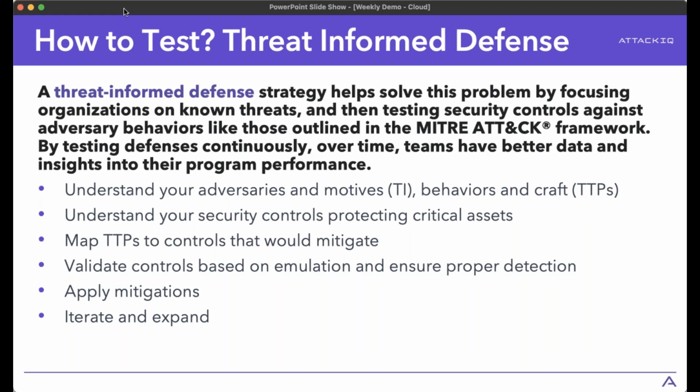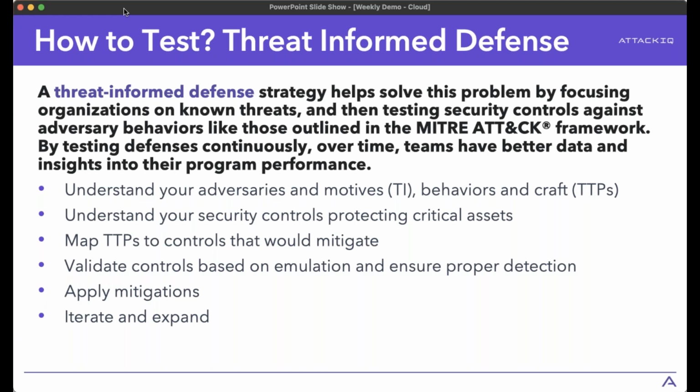So a threat-informed defense strategy involves really understanding the adversaries and the motives, usually using things like threat intelligence feeds. What are their behaviors and their craft, right? Usually these are discussed in terms of TTPs, and we're leveraging the MITRE ATT&CK framework in order to